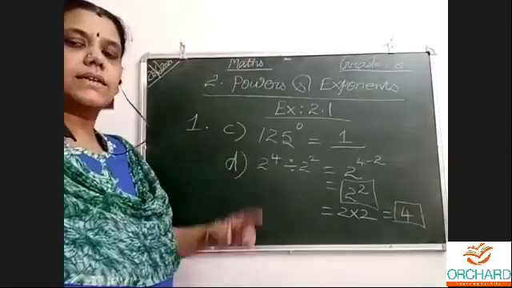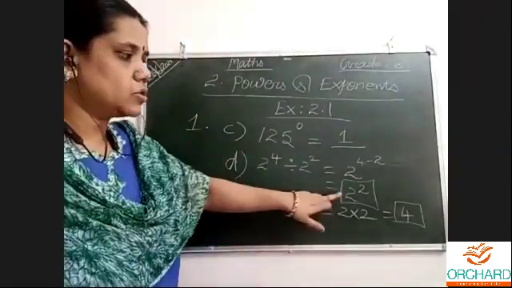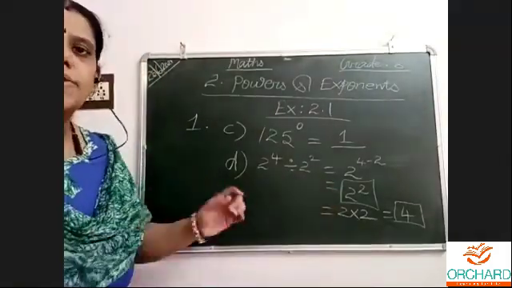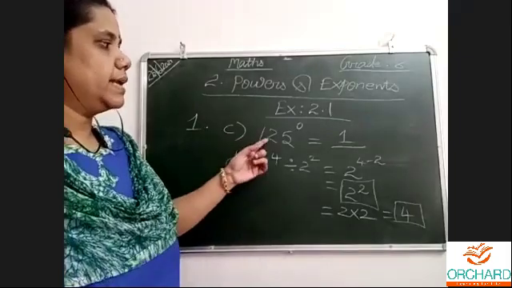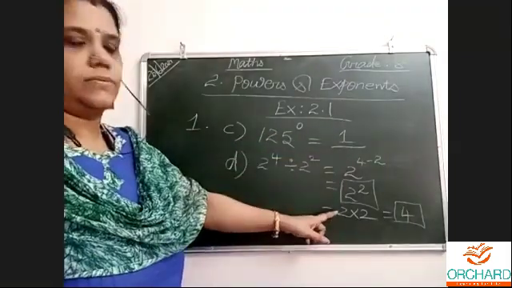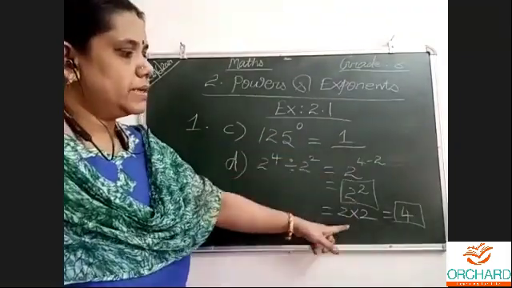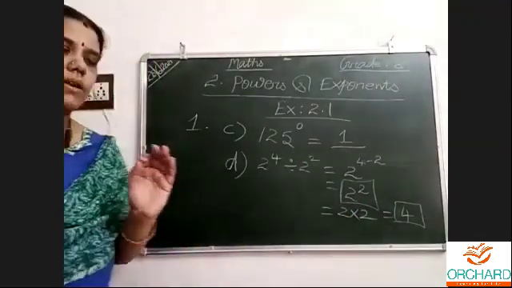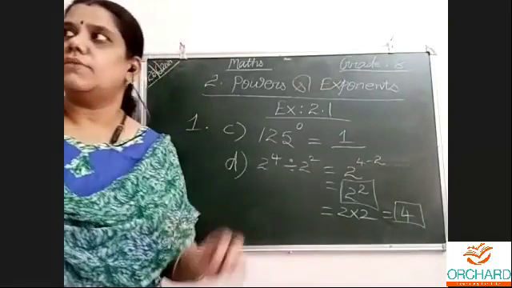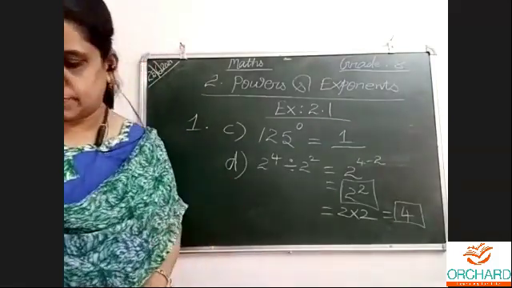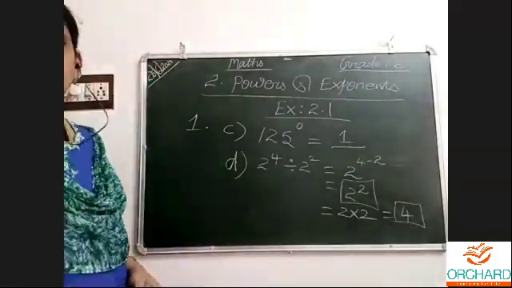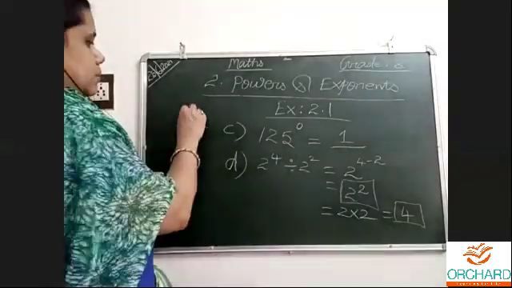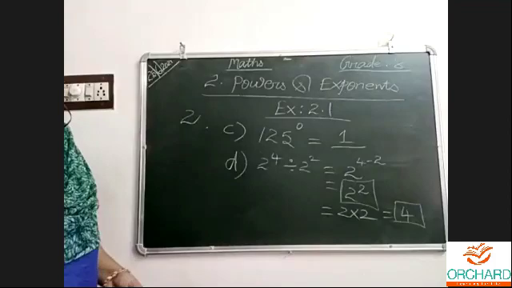If they ask to write in exponential form, you should stop here. If they ask like this question, find the value of the following, value means you have to calculate it. So, 2 power 2, 2 2s are 4. Nothing, multiplication only is called finding the value, when we multiply the number. So, 1, C and D we completed. Let us move on to question 2.